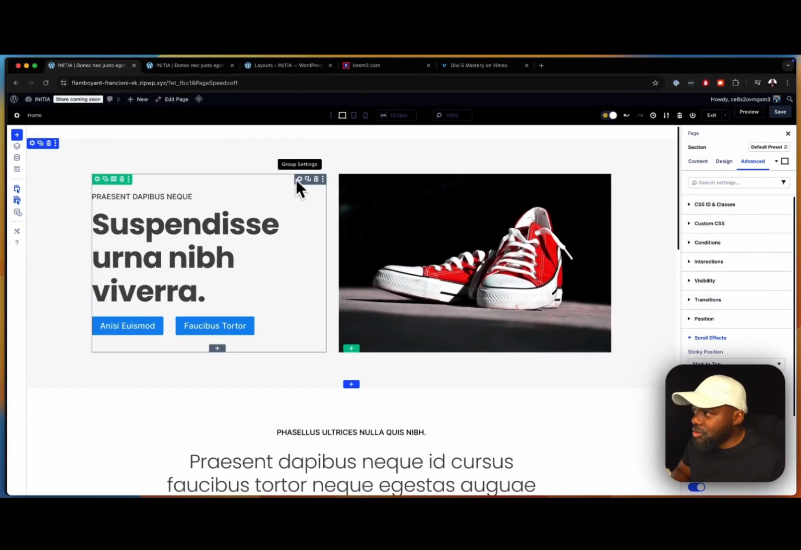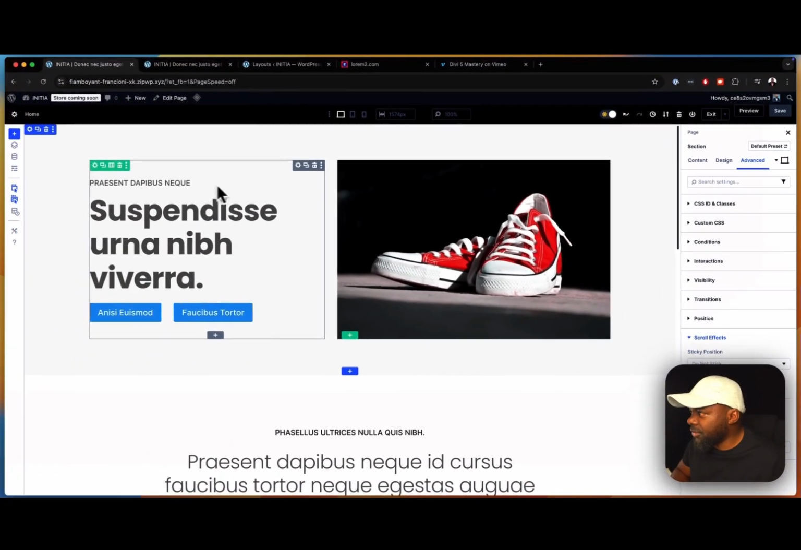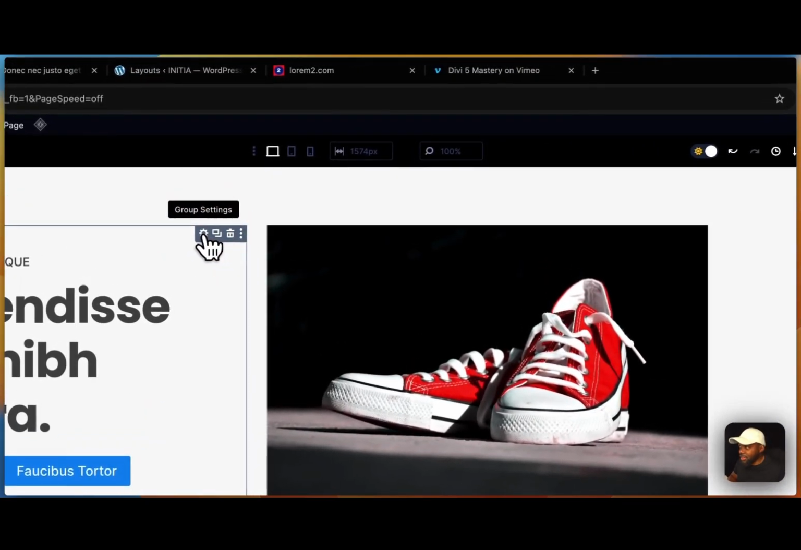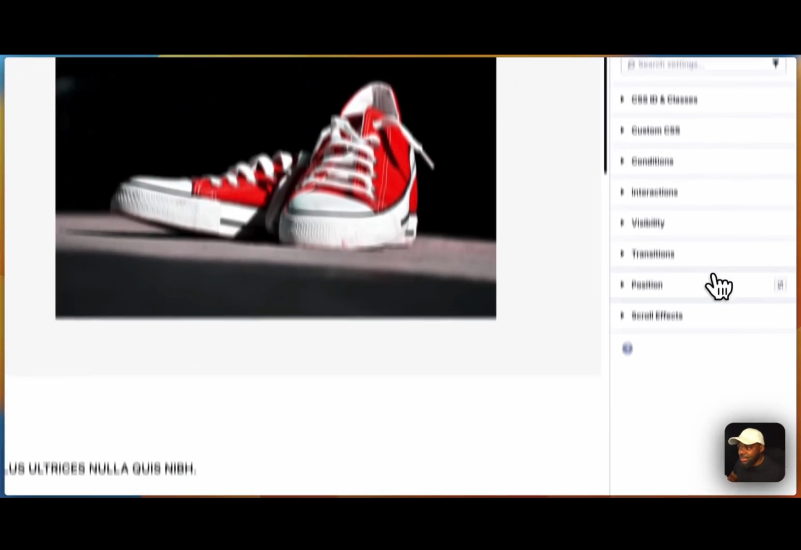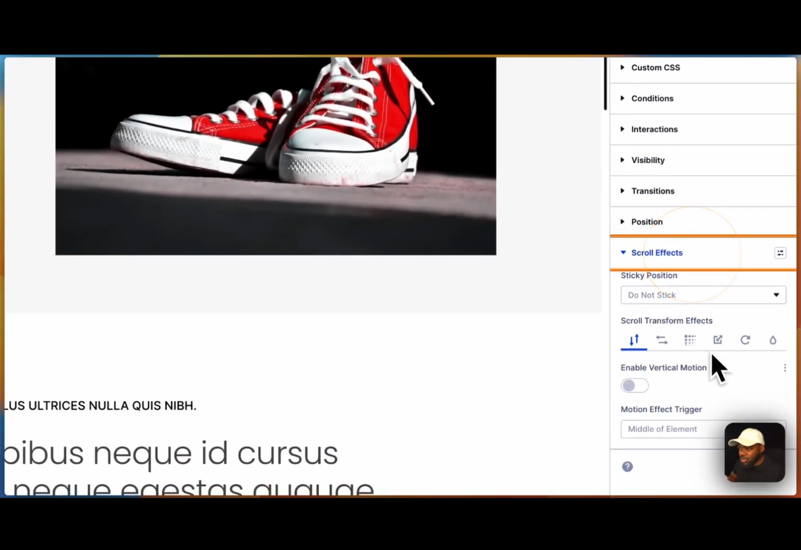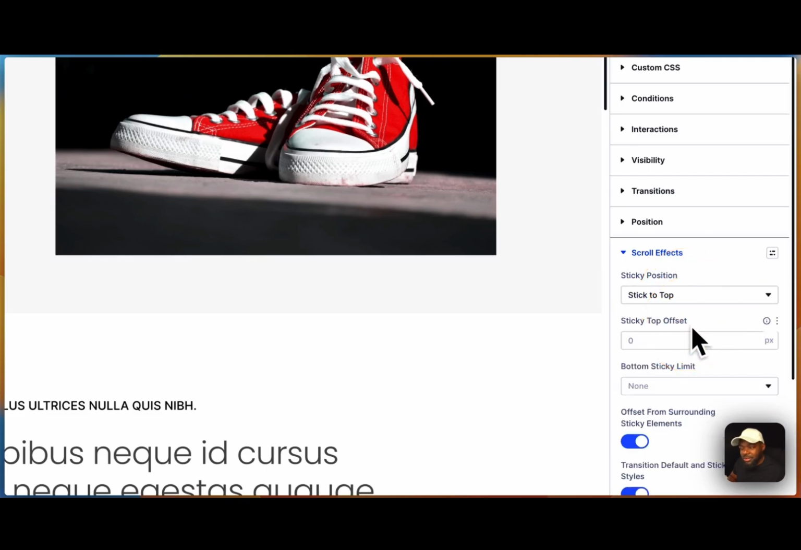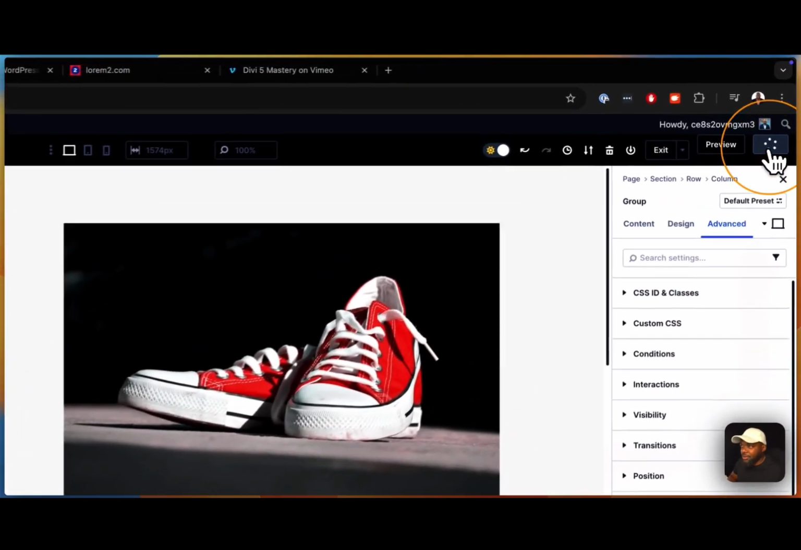Okay, so now let's move on and let's have another example. Now I want to remove this stick to the top. Let's just remove that. Next, we're going to use stick to the top on this group. Okay, so you notice I've clicked here on the group settings. We're going to come over here to advanced, and then we're going to go to scroll effects. Okay, now with this, again, I'm going to say stick to the top. Okay, with stick to the top, same thing. I'm going to save,